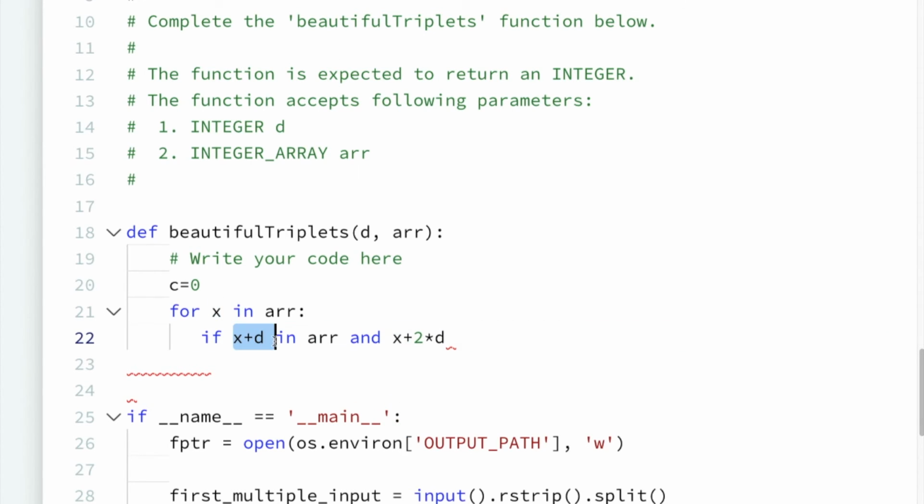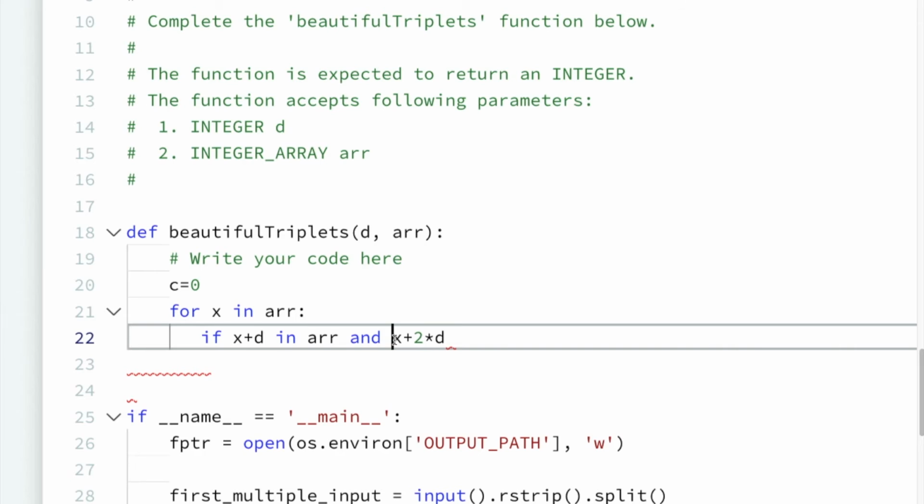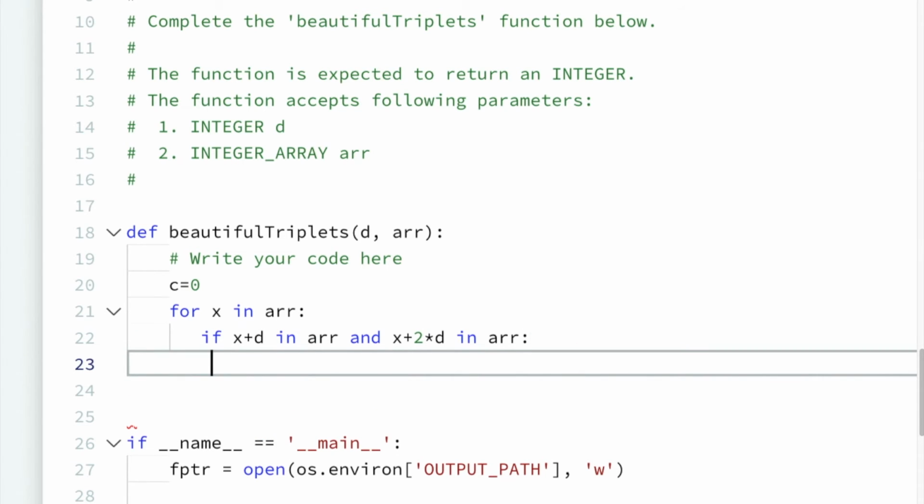If this x plus d, which is the y value, is present in array, then we are going to check whether x plus 2d, meaning that z value, is present in the array or not. If both the values are present, we are going to simply increase our counter. Our c will be increased by 1.